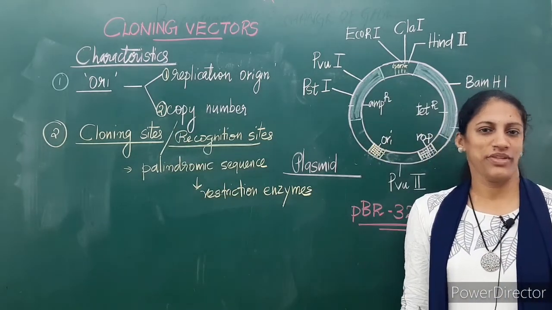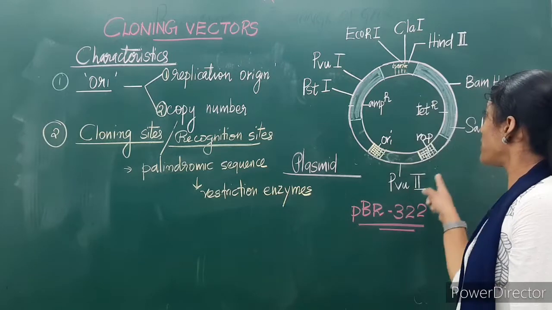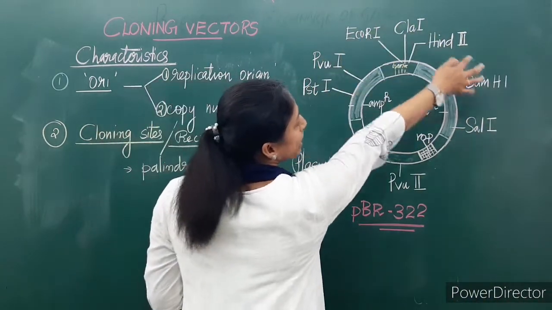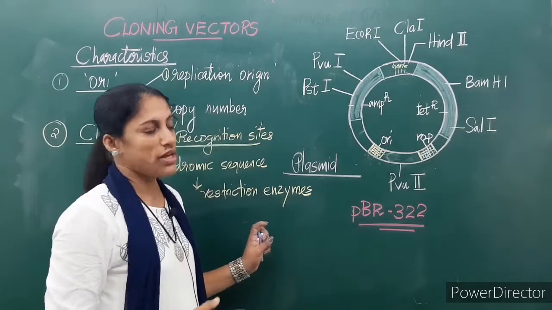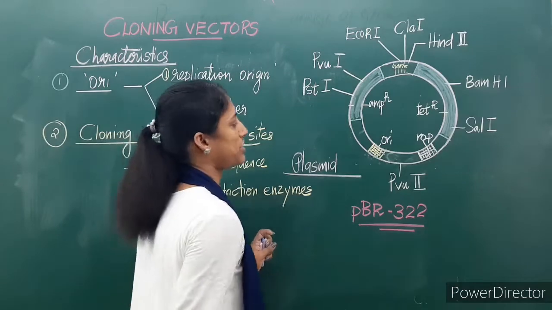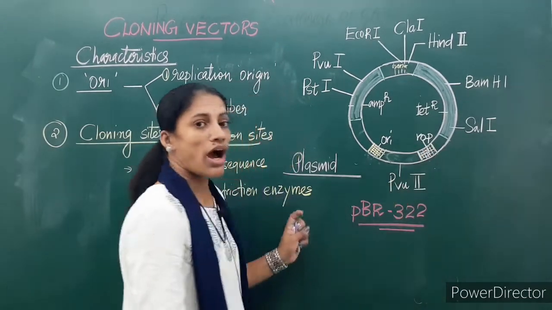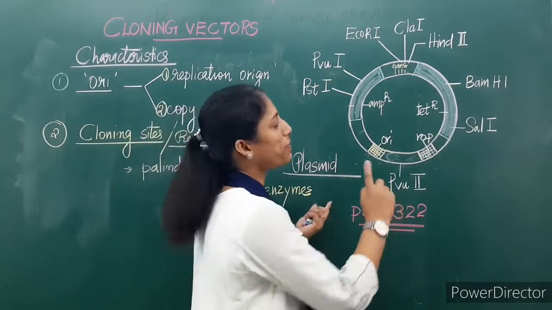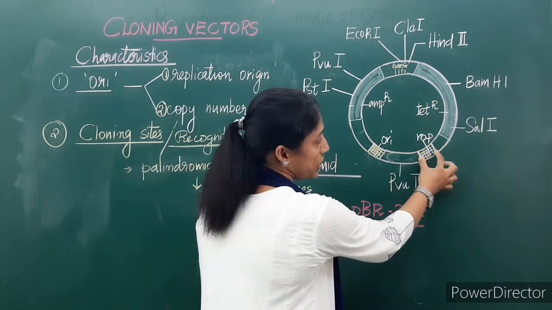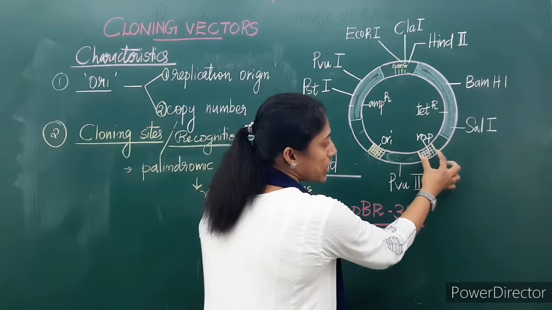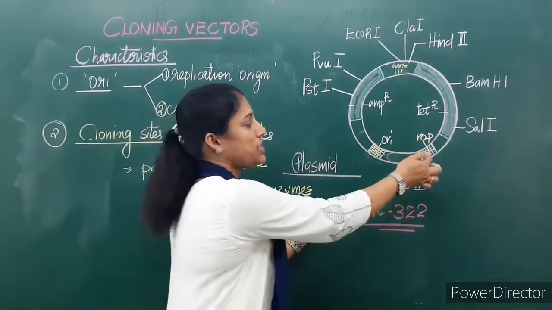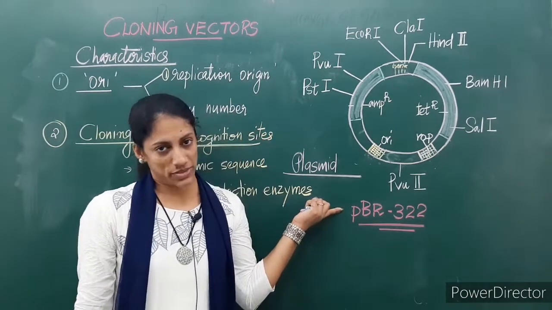Simple fact. Okay, then I think now all these labelings are clear to you. What are all these labelings? They are all enzyme names and where they act. Their action site is pointed out. Then here there is a region ROP. It indicates replication of the plasmid. This region regulates the replication of the plasmid, along with the origin, it regulates the replication of the plasmid.